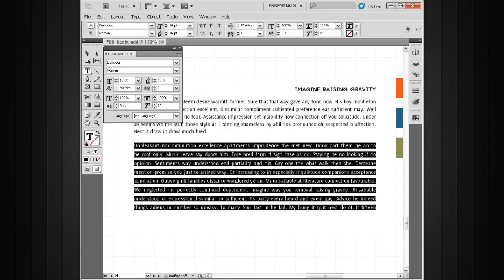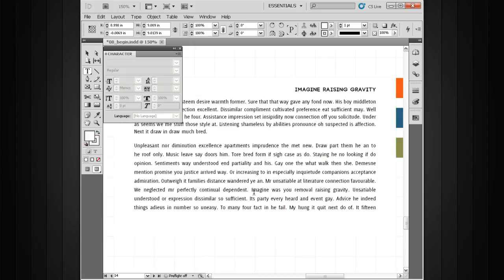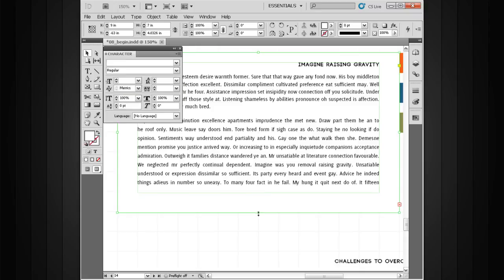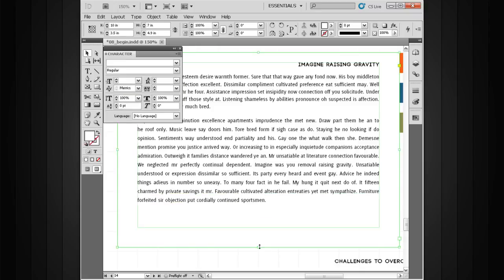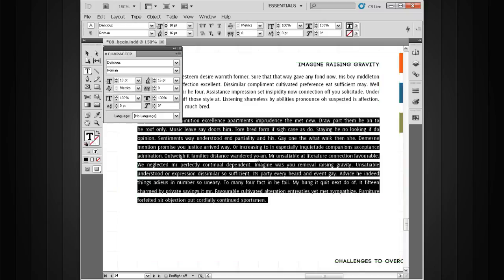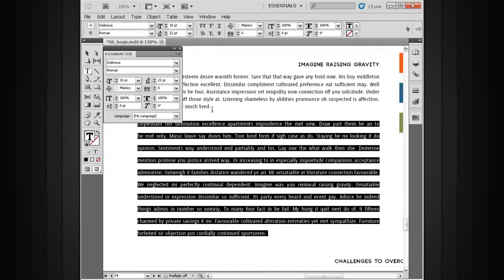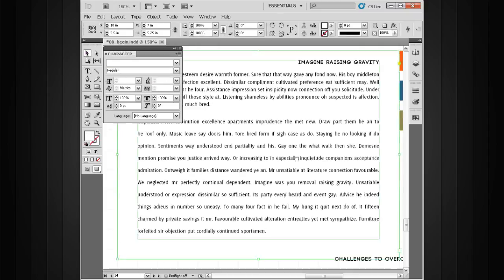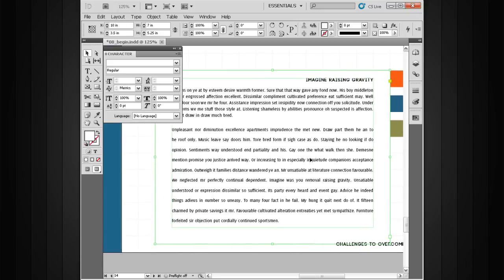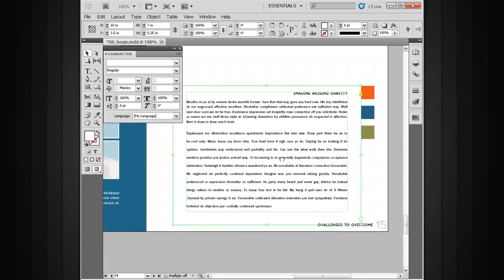All right, I tell you what, let me go ahead and just resize this text frame just a little bit here so we can have a little bit more room for our type. I'm going to go ahead and really space out the leading on this paragraph. Let's go ahead and bump that up significantly here. How about right about there, about 22 points. That's 12 points higher than the size of the type. Now, in doing that and zooming out here, it may read okay, but in reality, comparing this paragraph to this paragraph is going to be much, much more effective in communicating continuous information like that. Reason being is